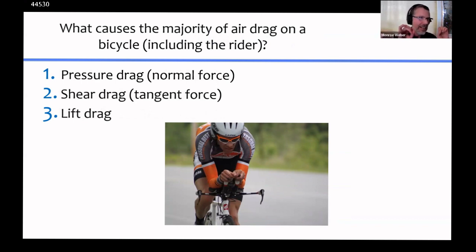So I like bicycling, actually. I like tricycling, but it's easier to think about bicycling. So what causes the majority of air drag on a bicycle, including the rider? Is it pressure drag, shear drag, or